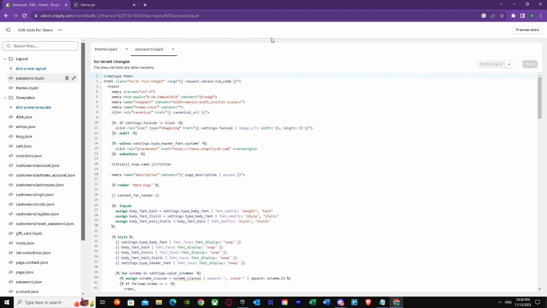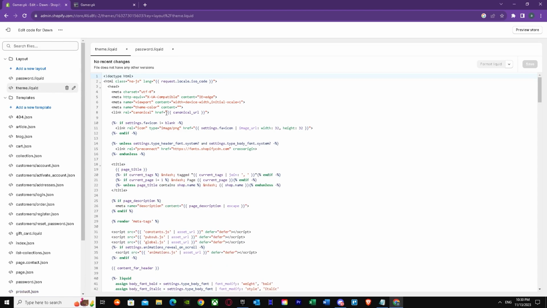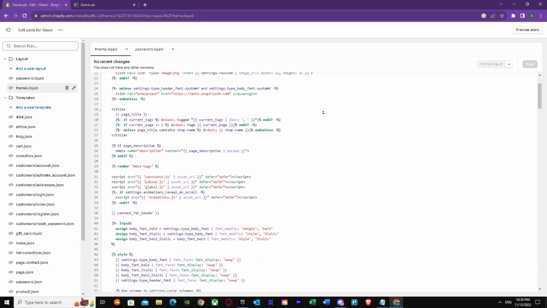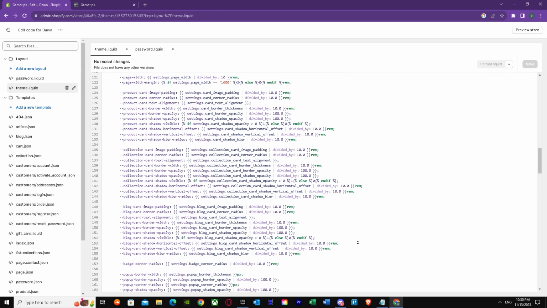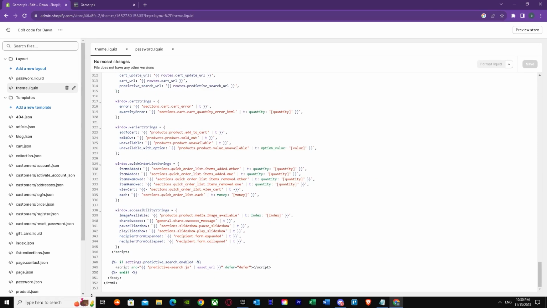So you just go to theme.liquid right over here. When you click on it, as you can all see, there's a lot of coding. It's basically the website's coding, and you don't want to change anything from here. As you can see, it's a lot. It goes up to